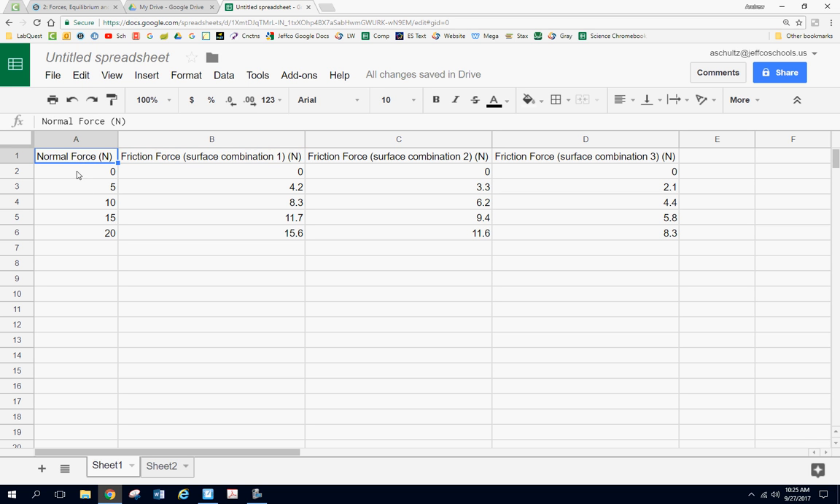Okay, I've replaced weight with normal force, which happen to be the same thing in this lab, but normal force is a better way of describing what's going on with friction. And I've left these as generic labels where you're going to want to put your actual shoe surface